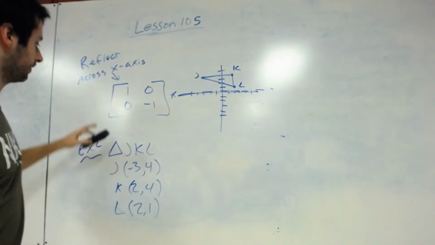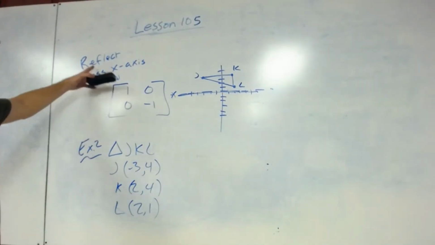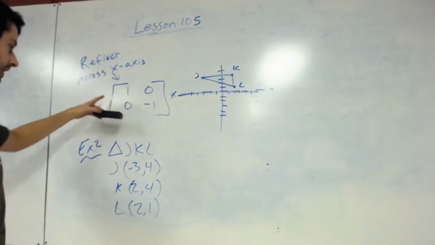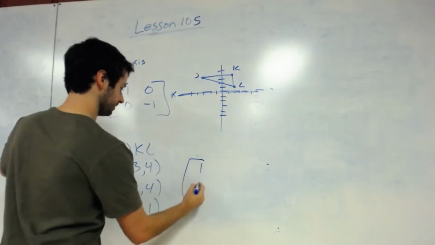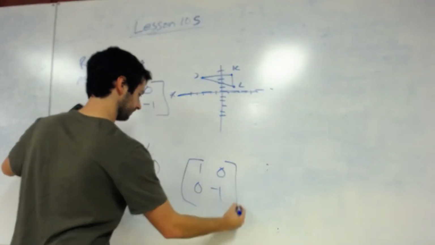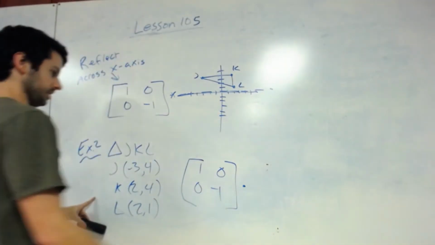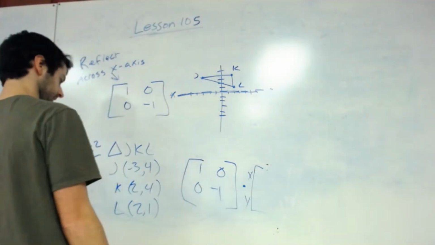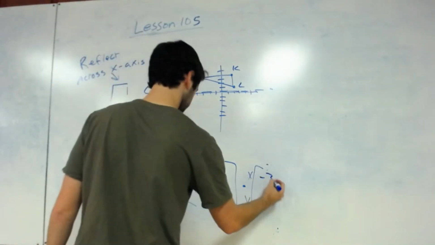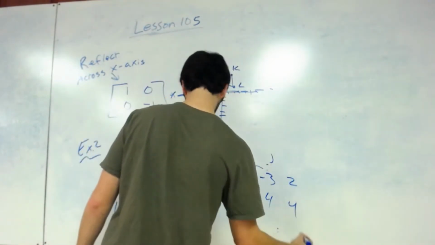So I'm going to take my reflection matrix across the x-axis, 1, 0, 0, -1, and we are going to multiply that by all of these. I'm going to rewrite these in x on top, y on bottom form for a matrix. So there's J, K,